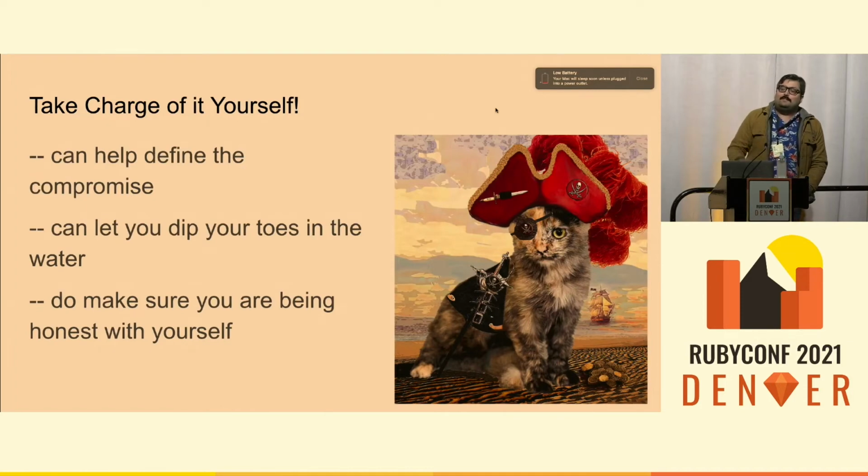Another great tool, especially if it's more top-down, being told you need to do it, is to take charge of it yourself. Like you're not quite certain about microservices, and the organization wants to do microservices. Take the lead on that process. Learn about how microservices work. Try and really get into the problem yourself. It lets you set the terms of a compromise if you feel you need to make one, but also you can discover, oh, maybe it wasn't so bad, and I just needed to take that first leap. But also make sure you're being honest with yourself, because you can also just do it in bad faith.